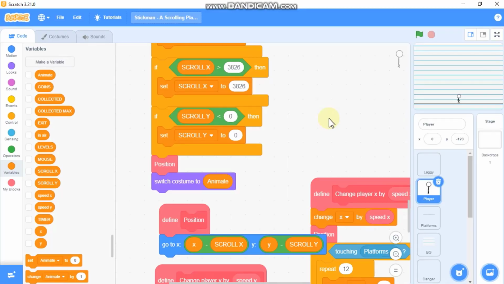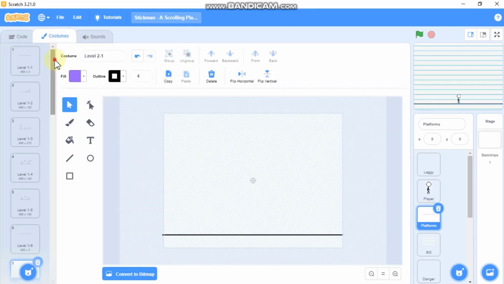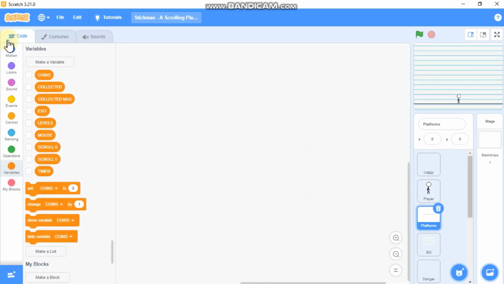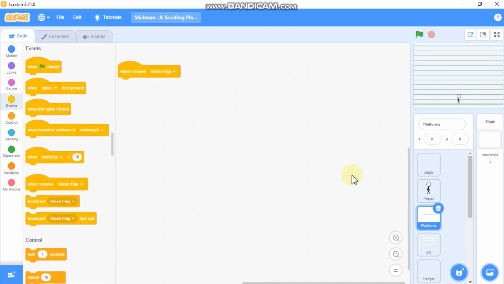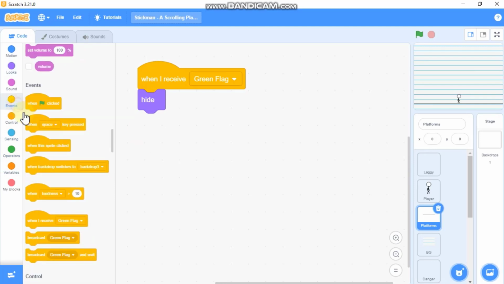So now I'll be showing you how to code our platforms. So click on platforms and make sure you upload the costumes. So there are 23 costumes. And when I receive green flag, we need to hide. And when I receive tick,